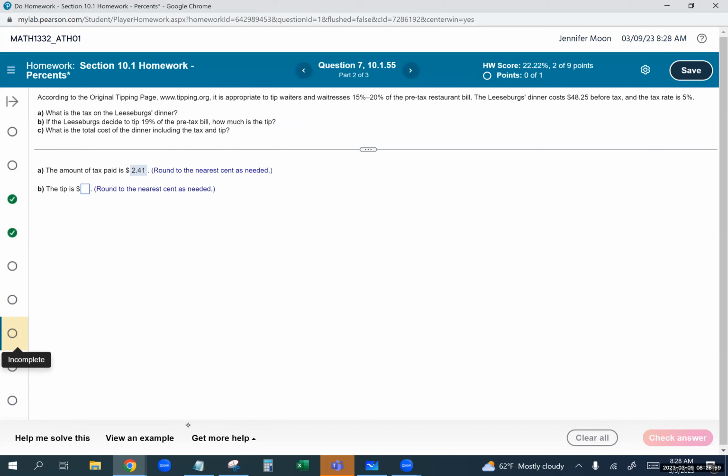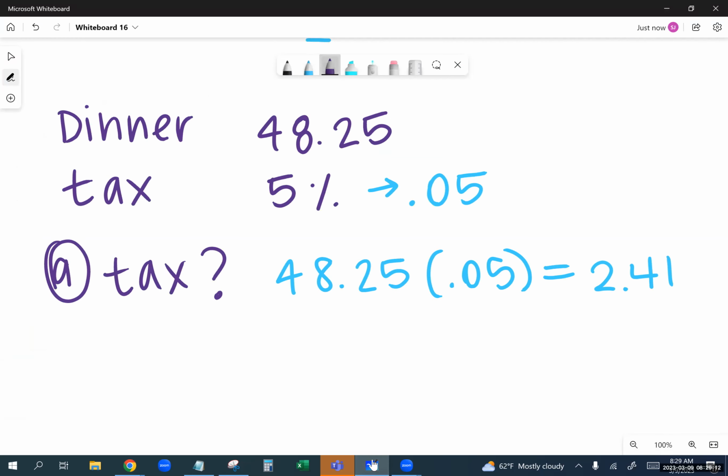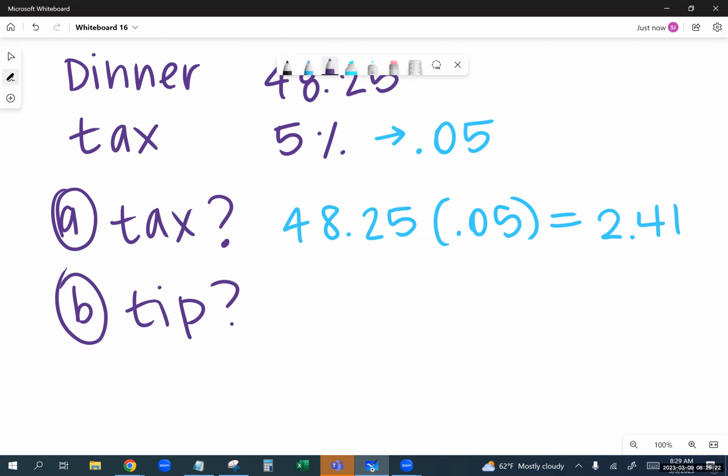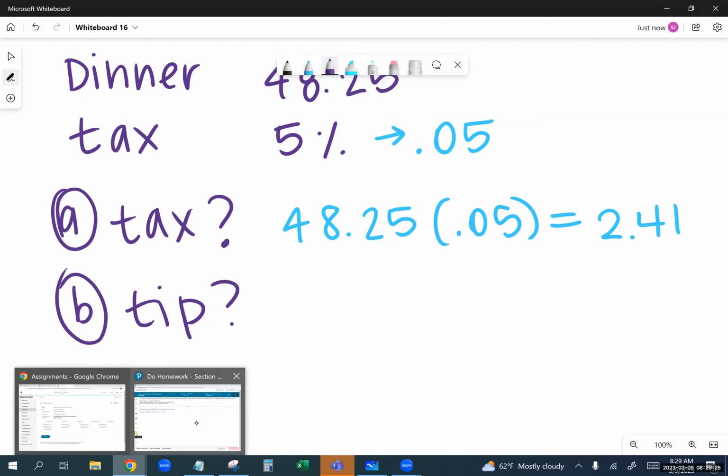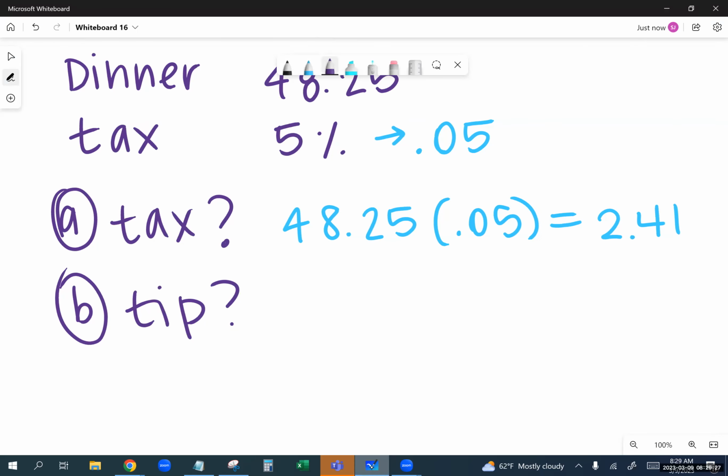Then it says the tip is, because in B it says if the Goldbergs decide to tip 19% of the pre-tax. I thought of that show. I didn't want to go there. So whenever we do B and it wants the tip, what did it say? We tipped 19%. Okay, so the tip is 19%